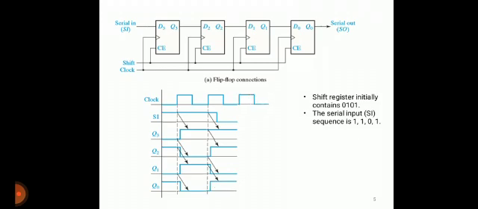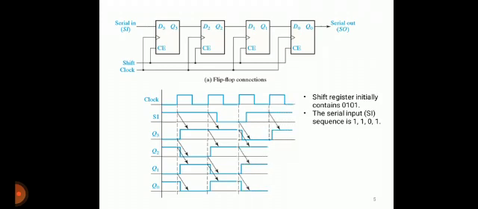And this continues whenever I give the clock pulse. At the positive edge of the clock pulse, you'll get the results of the shift register, which is serial in, serial out. Serial is nothing but one by one, right? So you are taking the sequence one by one after each flip flop. Fine.